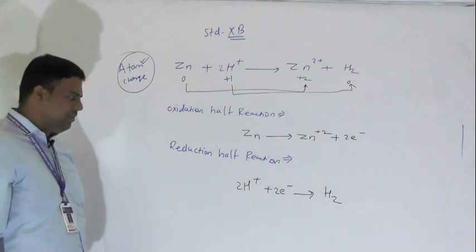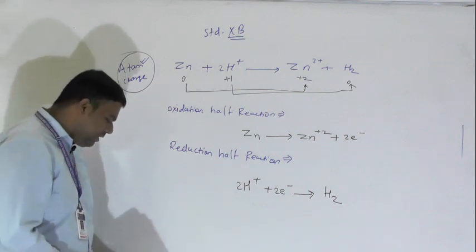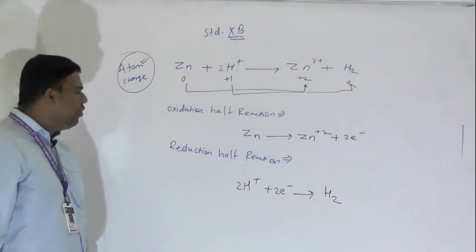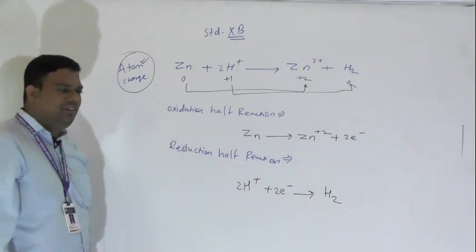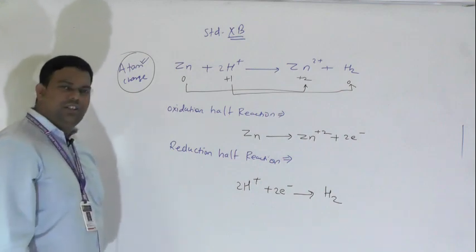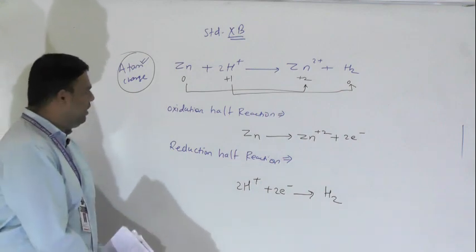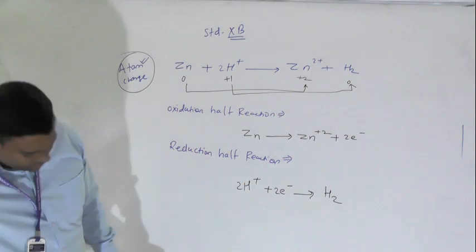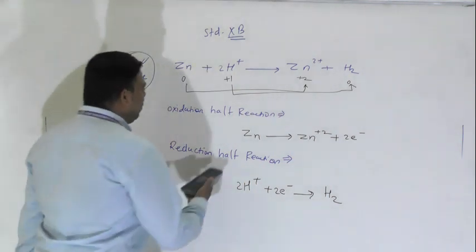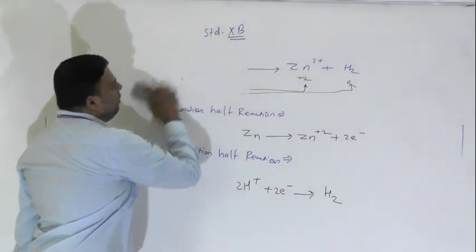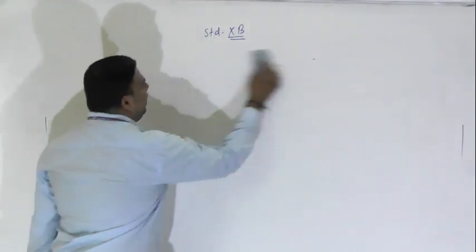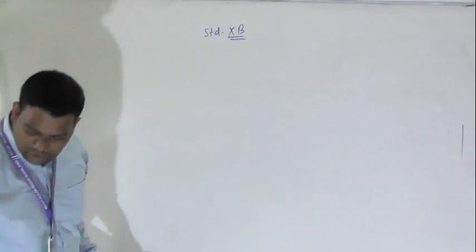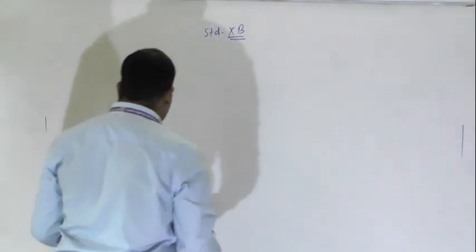So both the atoms as well as the charge are balanced here. So 2H+ + 2e-, that is your H2. So this is the oxidation half reaction. Now we will see our next example also. So revise all these basic terminologies of oxidation and reduction. So see here, in the next example,